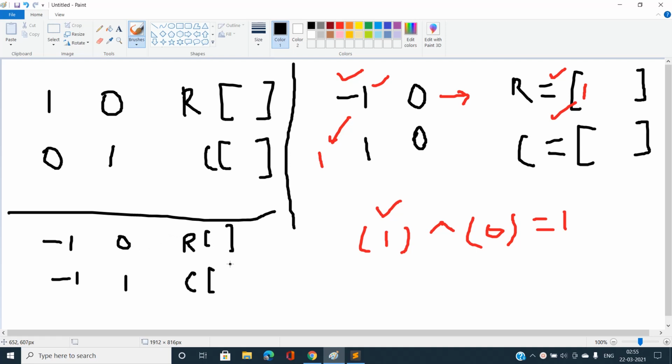Now you can see again, in row 1 there is only a single element of the array A which is unknown, that is minus 1, and we know the R matrix, so we can easily find what the value at this cell should be. Similarly, with the help of R2, I can easily find the value of this cell. So in this case also we can easily find the unknown values.